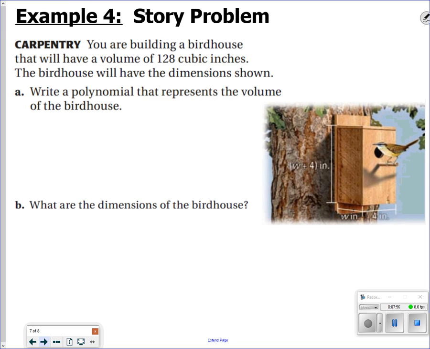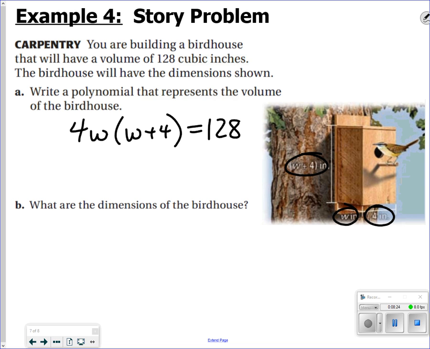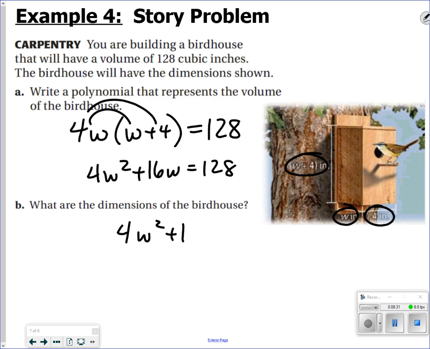You are building a birdhouse. You have a volume of 128 cubic inches. The birdhouse will have the dimensions as shown. It's very hard to see, but there's a 4, a W, and a W plus 4. So again, very hard to see. Volume is length times width times height. So there's the polynomial that represents the volume. Now, they are telling you that the volume of this is 128. So if I distributed this and set this equal to 0,